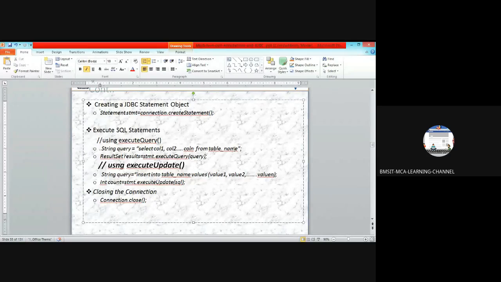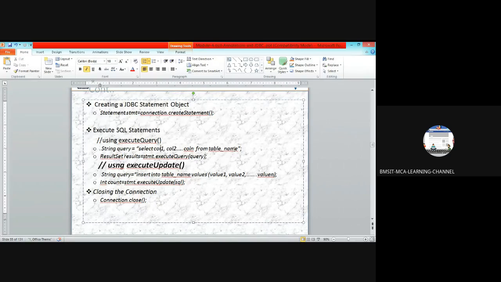If you are interacting with MySQL through the command line, you write select column 1 to column n from table name. When you press the enter key, it will display the output in the window itself.